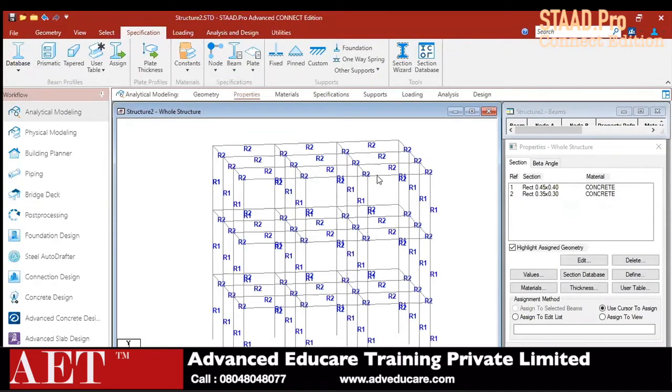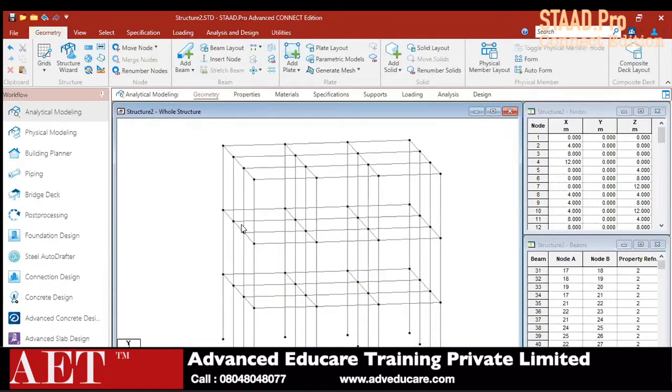These are all the properties, that is beam and column. I have already applied them on the particular beam and columns. For the plate we have the add quad plate tool. Just select add quad plate and select all the, there are 4 nodes in the particular